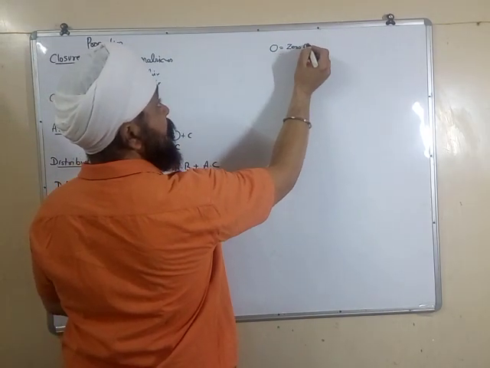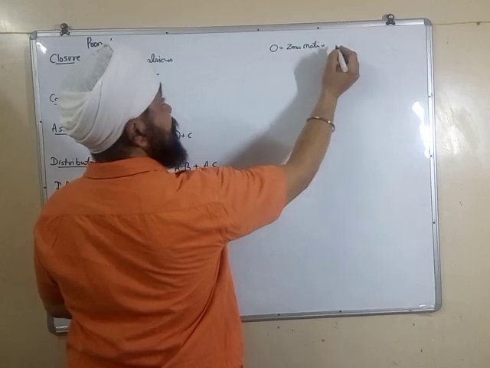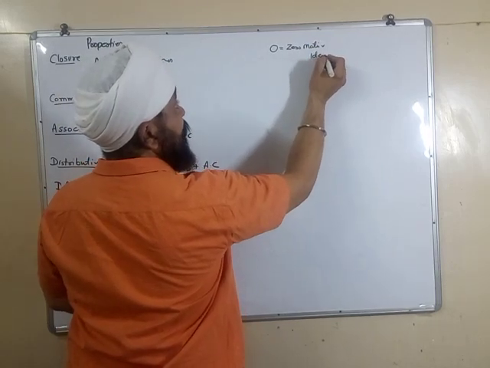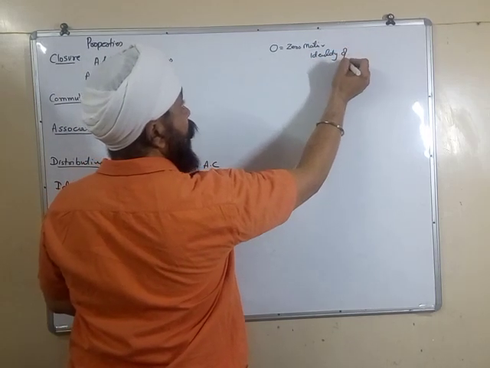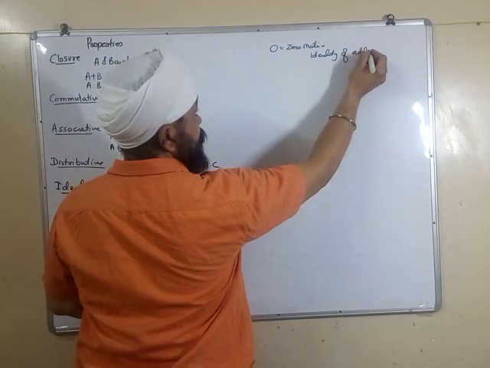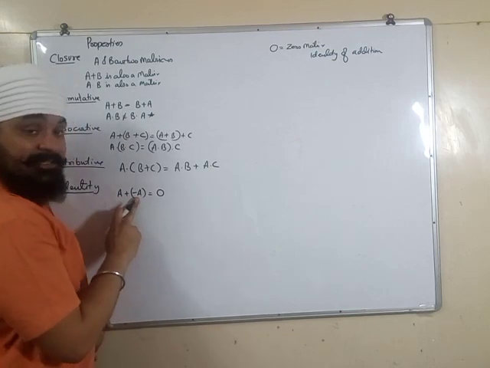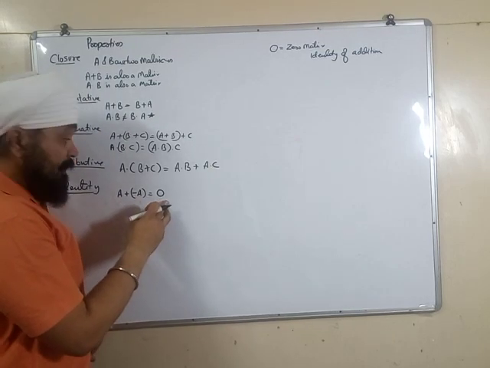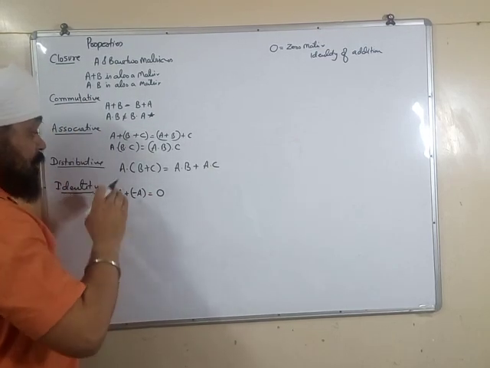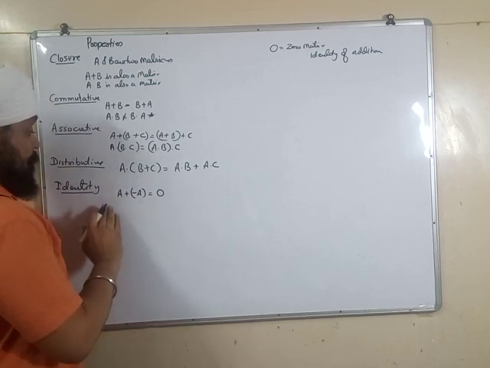मैट्रिक्स, जीरो मैट्रिक्स इसे कहते हैं आइडेंटिटी ऑफ एडिशन। क्लियर? तो एक मैट्रिक्स के साथ माइनस ए को मल्टीप्लाई कराने से हमारे पास जीरो आएगा। सो दिस पर्टिकुलर property,